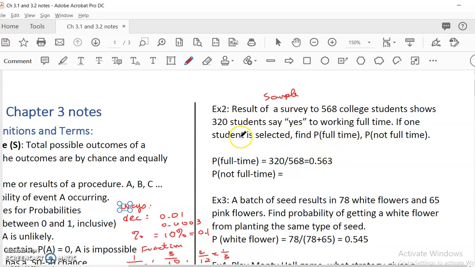When I say one student is selected, it's not necessarily from the sample. It could be from a general population. So you do 320, which is the yes full time, over the total. So that would be 0.563. But for not full time, you would calculate it by